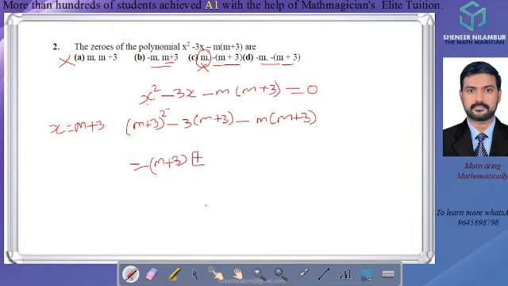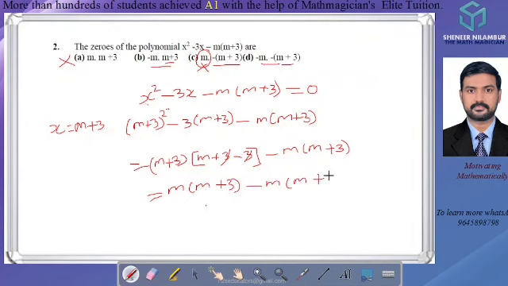The balance, 1 (m plus 3), is here. Here 1 minus 3 is there because this (m plus 3) is taken outside. So minus m into (m plus 3). You look here, 3 minus 3 is 0. Now here m alone, so m into (m plus 3) we can write as m into (m plus 3) minus m